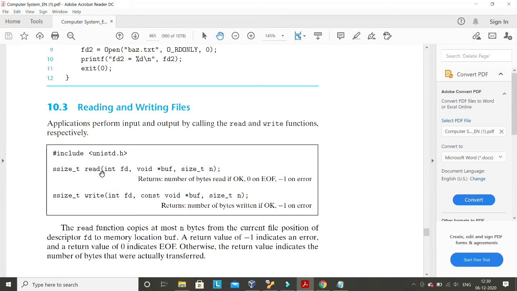The first parameter you give to read is the file descriptor. Where will you get the file descriptor? You have to open a file before reading it, right? So if your open function is successful, then what will the open function return to you? A file descriptor. That file descriptor you have to pass here, and then you are giving a buffer. This buffer means